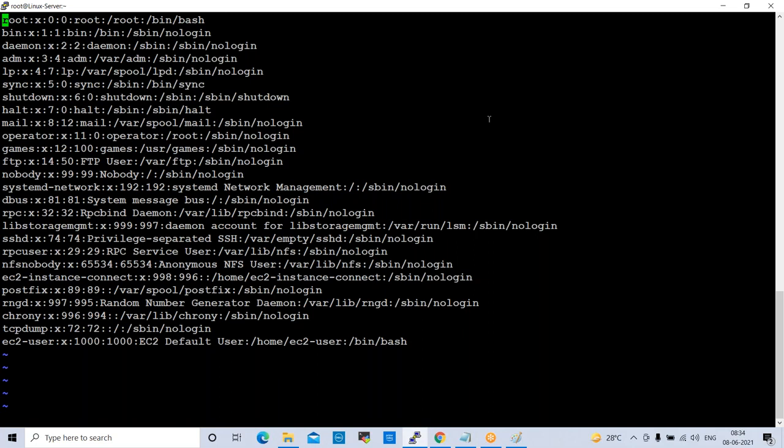If you hit small gg, the cursor will move to the starting of the page. If you want to move to the end of the page, capital G we can use. See here, the cursor will move to the end of the page.